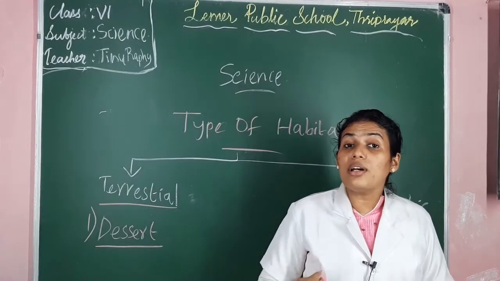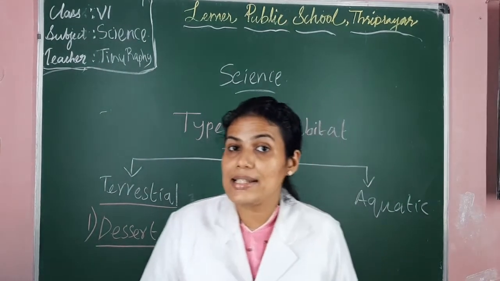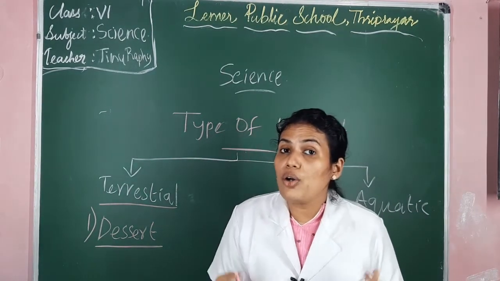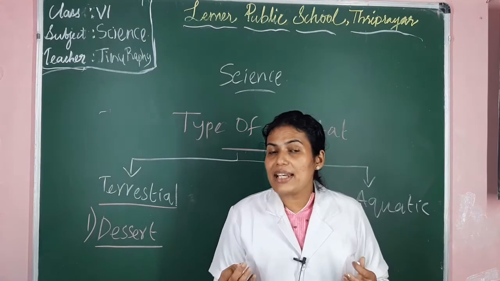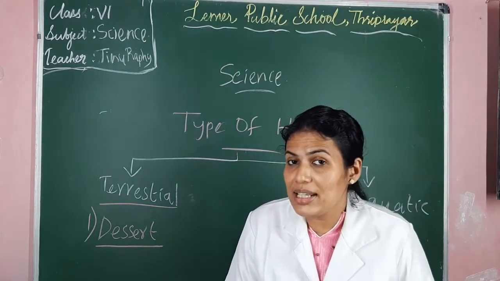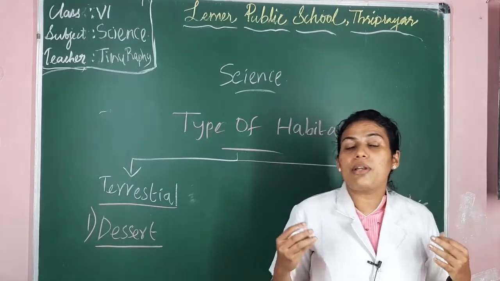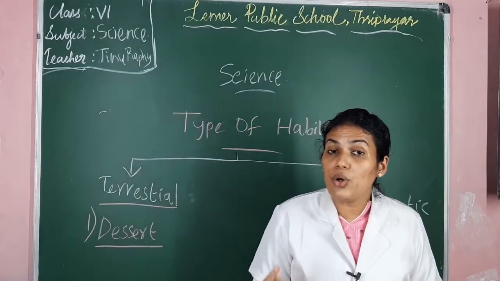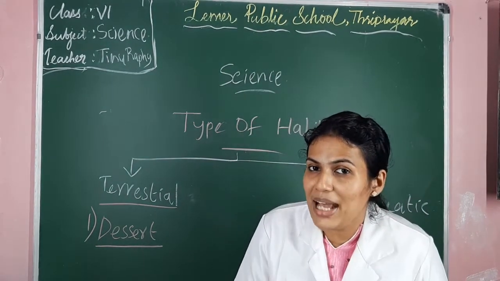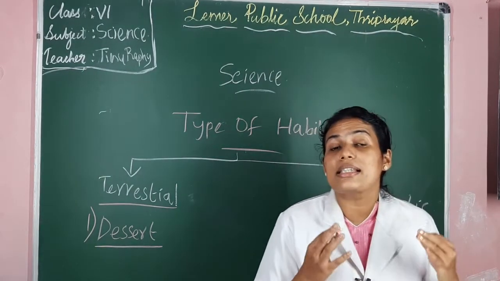Now let's learn what are the adaptations shown by the plants in the desert. Desert plants will have long and strong roots. We know what type of soil is present in the desert. Yes, sand, isn't it? So the desert plants have long roots, and also they will not have any leaves. We know that the leaves are the kitchen for the plant. They prepare the food for the plant, isn't it? So in desert plants, the photosynthesis is done by